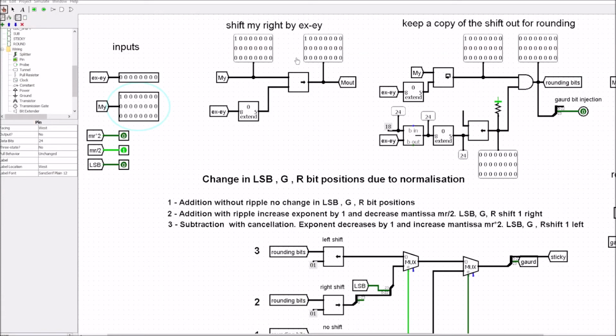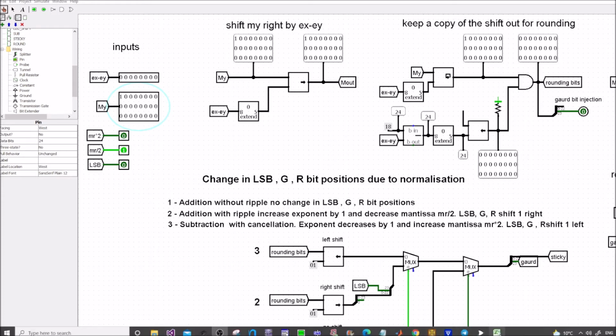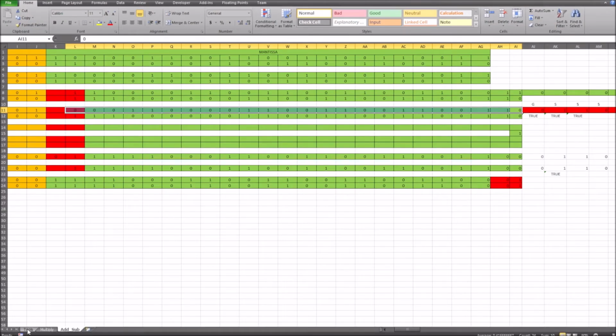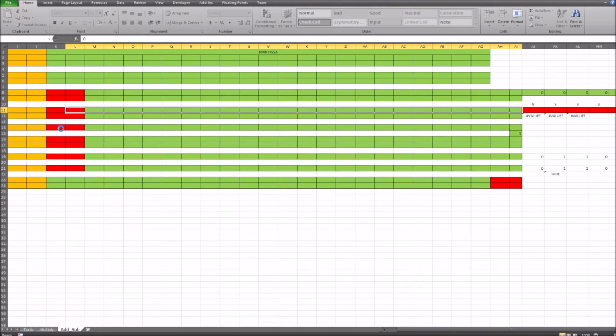I've added a few probes in here in order to follow the ones and zeros. Now this circuit here we've seen before. This is the shift of the mY. So we shift mY by the value ex minus ey, and we get our value for our mantissa out. And we said this little section here is going to capture the values that drop off the end whenever we shift this out. So if we head into the spreadsheet, we can put in a couple of numbers,